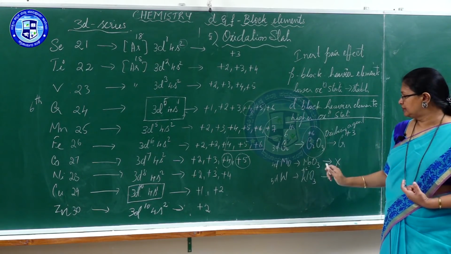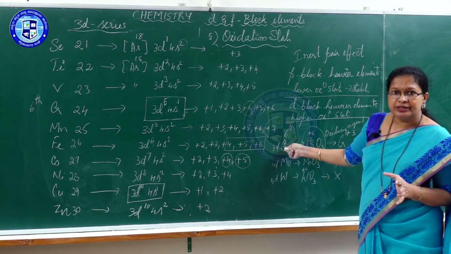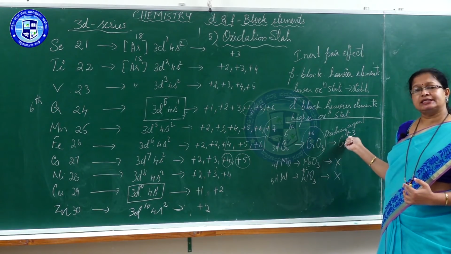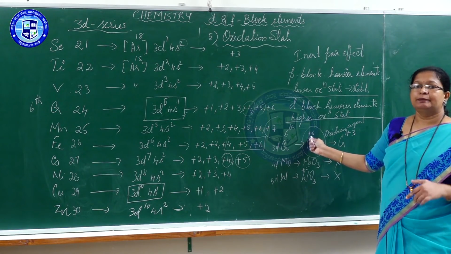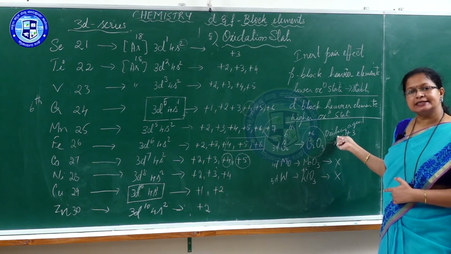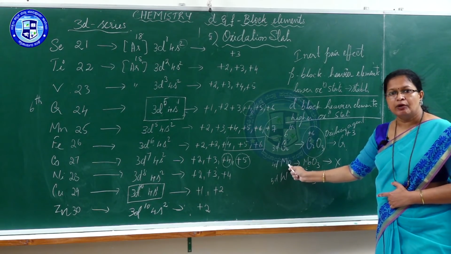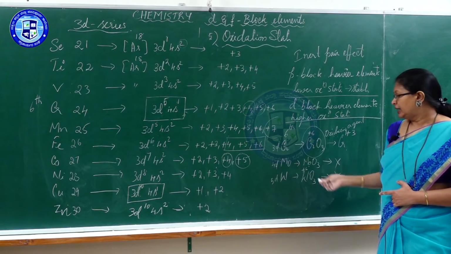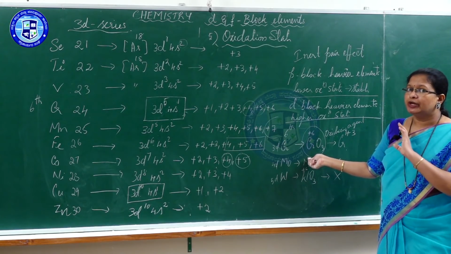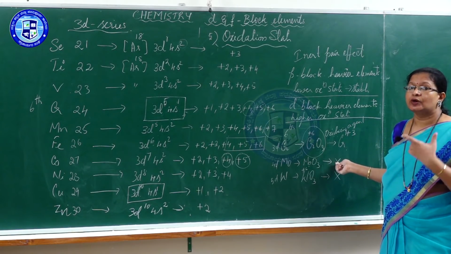So what is the application of that? Due to this, chromium, which is a lighter element in d block in a given group, prefers to have plus 3 state rather than plus 6 state. So it prefers to get reduced from plus 6 to plus 3, by which it can act as an oxidizing agent. Whereas the heavier elements like molybdenum or tungsten are stable in their plus 6 oxidation state itself. So they do not get reduced to plus 3 state, hence they do not act as oxidizing agents.